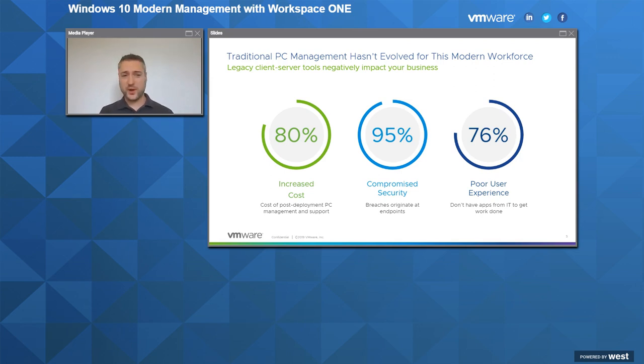And this is important because managing Windows is a completely different way of doing things compared to the modern paradigm you have with enterprise mobility management across modern platforms like iOS and Android. And when you think about what it takes to manage a machine, it's quite easy to get stuck in the mindset that buying a PC is potentially quite a cheap thing to do. A lot of organizations just look at the initial cost of the PC and don't factor in all the other tools you'd have to manage Windows, to manage applications, to do the PC lifecycle management, to do the application lifecycle management, to update applications, update the operating system, and secure the operating system.